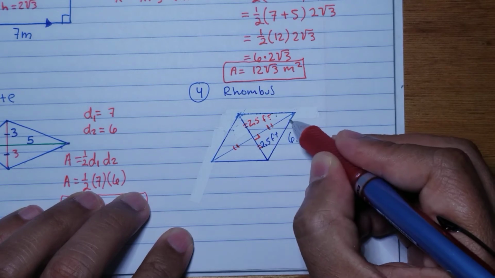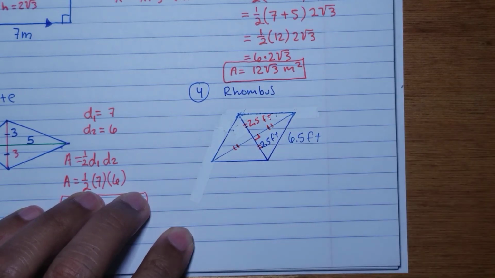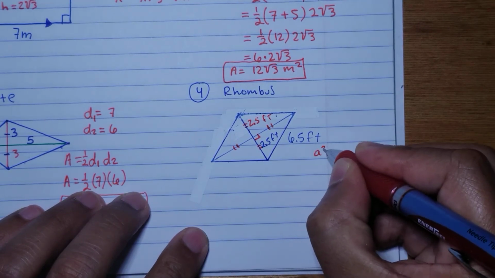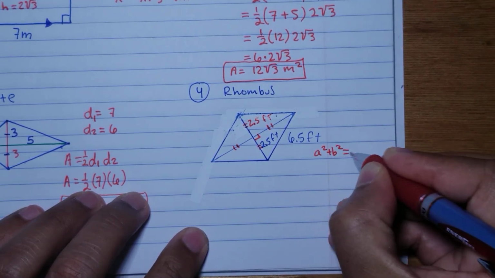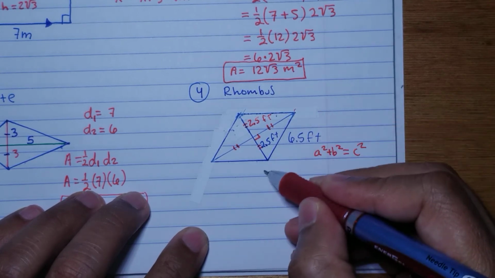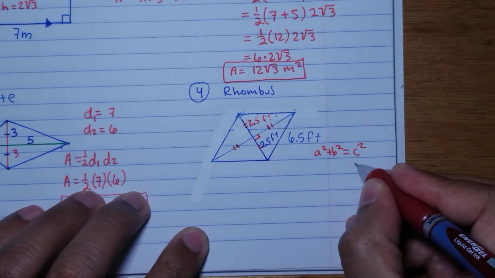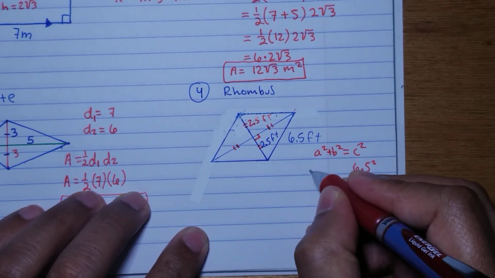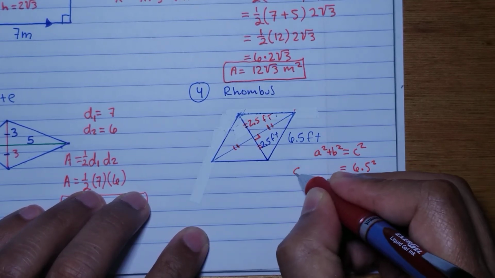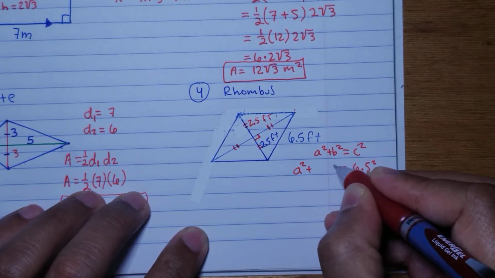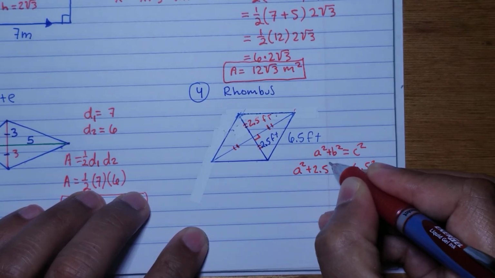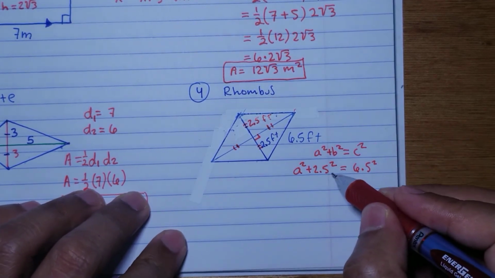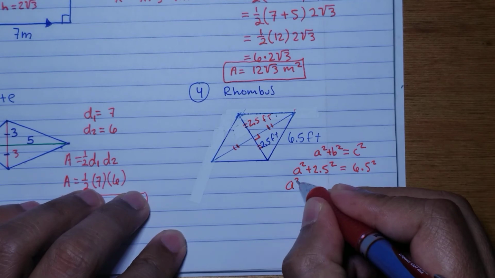Okay. So now we just need to find this leg because this is a right triangle. So for this, we can use the Pythagorean theorem. So if you use the Pythagorean theorem, and I'm going to do this on the side, so it's a squared plus b squared equals c squared. So we know the hypotenuse, which is 6.5. So this is 6.5 squared, and let's say we don't know a. Okay, so a squared plus 2.5 squared. So if you enter this in your calculator, this will give you